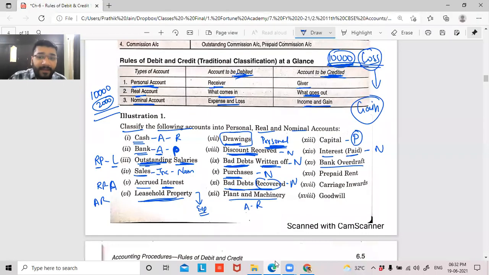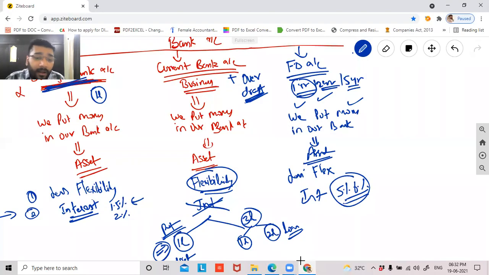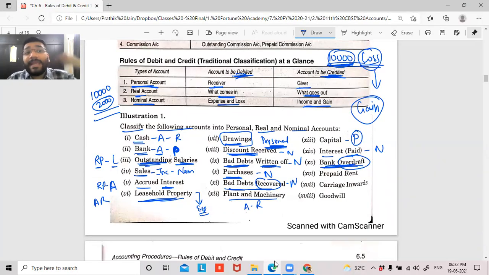So therefore, coming back, this bank overdraft is what? It is a liability. You're overdrafting. Overdraft means taking money over and above what is already there in your bank account. In your bank account, you are eligible to take 1 lakh rupees only. Why? Because you put only 1 lakh. So you can take 1 lakh only. But if you're taking over and above that, an extra amount which is not yours, that is called bank overdraft, which is a liability. Now, are you clear what is bank overdraft? Yes, sir.